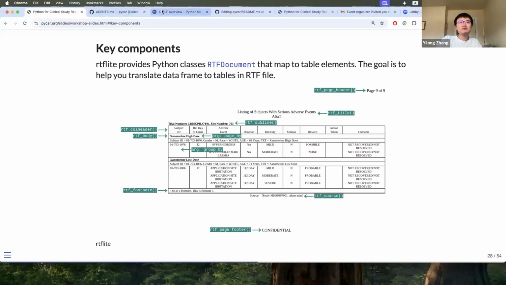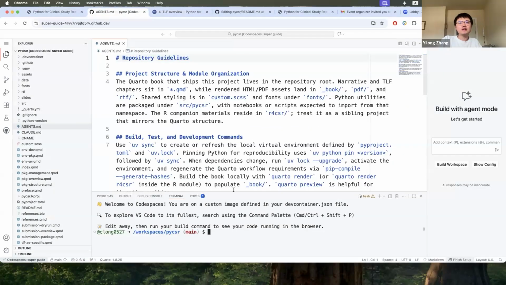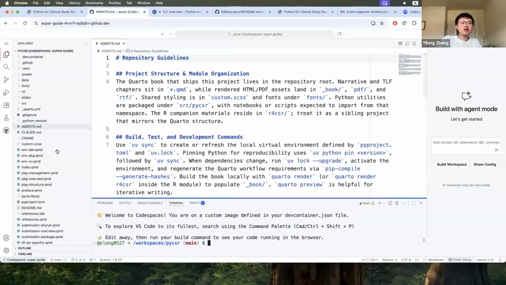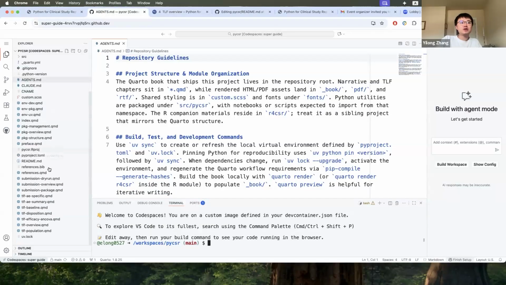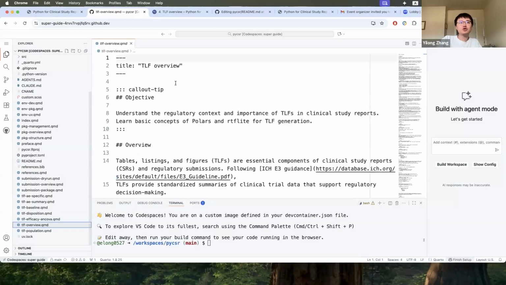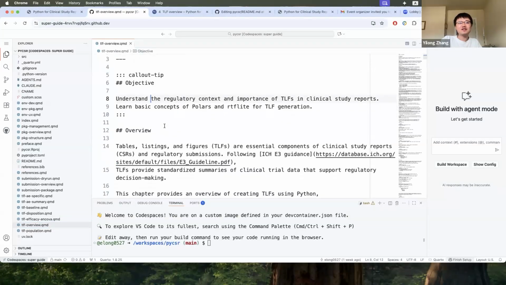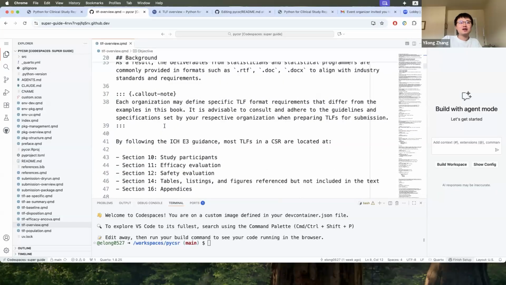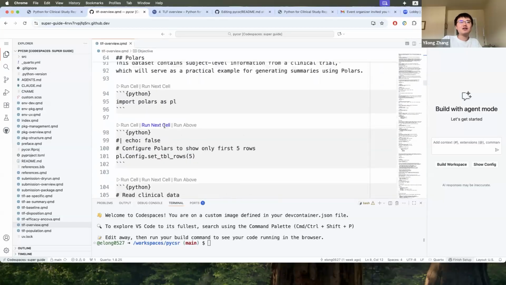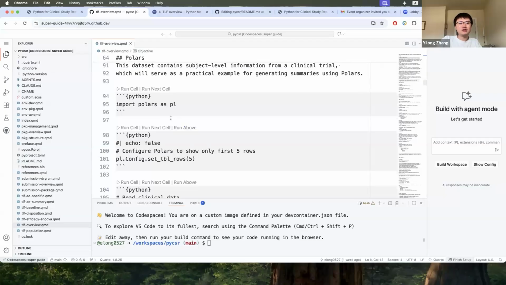Okay. So to make this a bit concrete, let's also go to a GitHub code base environment like Nine just shared. In this case, if you want to just quickly learn some Polars examples, it's available in the TLF overview chapter, right? So that's a Quarto document. If you're already familiar with Quarto or Markdown, it's very similar syntax. The only difference is that now you are running Python code instead of R code. And with Jupyter and the Quarto extension, you can just run the code on the fly.